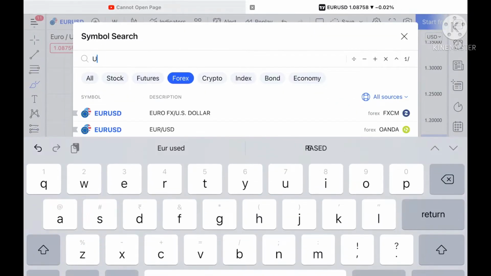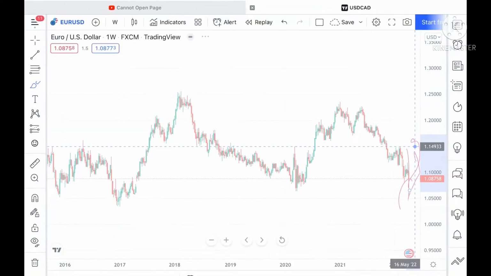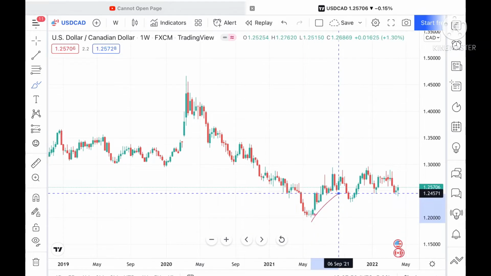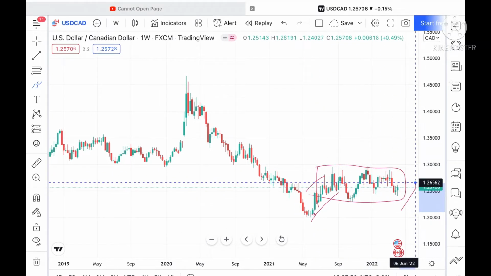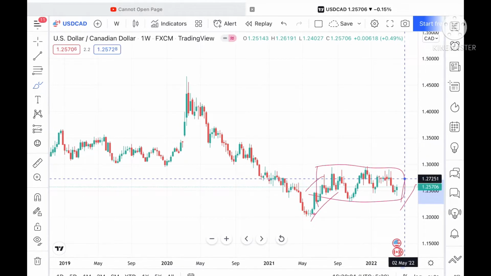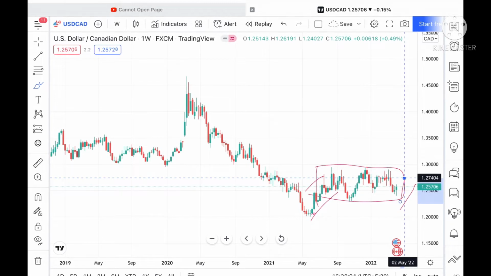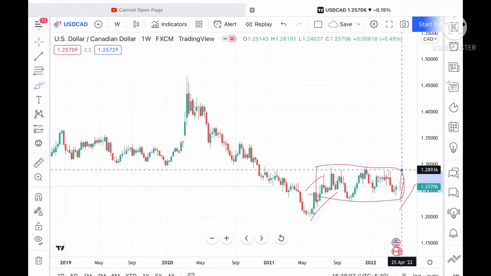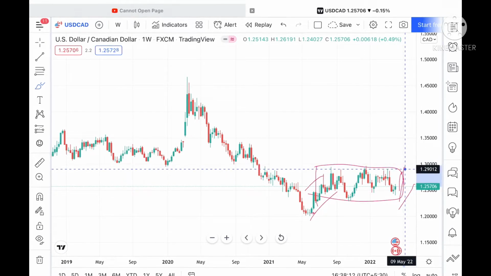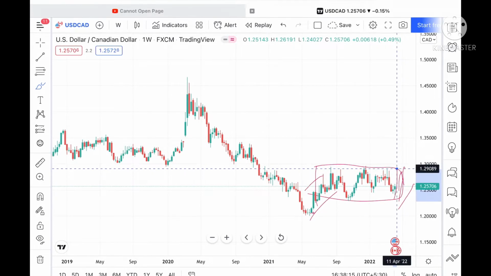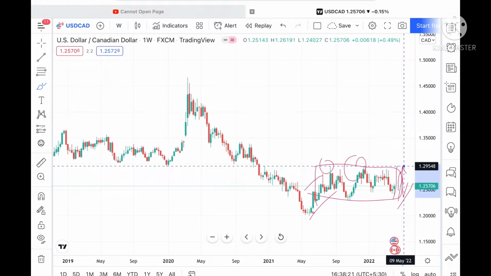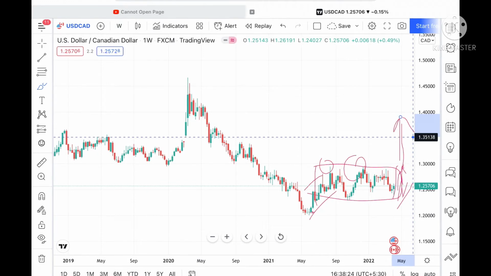Okay, if we talk about USD CAD, what we have seen since May is that a range has formed. So suppose if the price sustains this level, we can see it can touch a level of 1.26102 and from there we can see it can move further upside towards a level of 1.27404. Suppose if the price sustains above this level, then we can see it can touch a level of 1.28093 and from there we can see it can move further upside towards a level of 1.29012. Okay, because these levels are already being tested here, once this range breaks a level of 1.29548, then we can see a further move upside will happen.